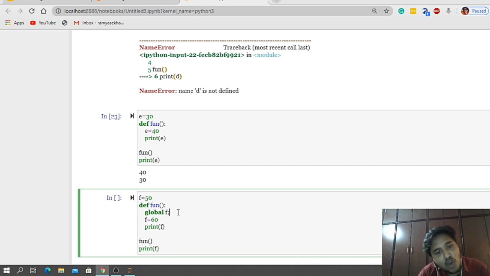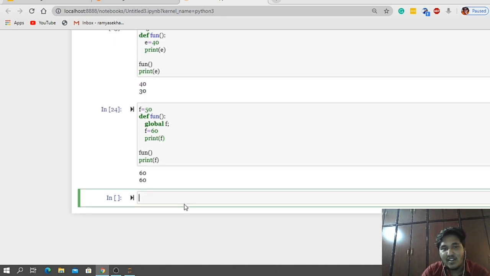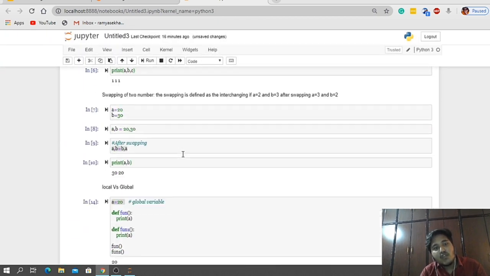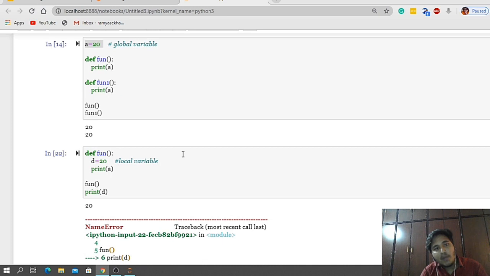In a function also, if you want to declare a global variable, we can declare it like this, guys, using the global keyword. So f is equal to 60, I have assigned the f value as 60, and if I print the f value, what value will we get? Either 50 or 60, both are global variables. Let us see the output and find the conclusion. See, here the old global value will be overridden with the new global value. That is the reason why we are getting 60 in both cases. Is this clear? We had wonderful conclusions about all these global variables and local variables.